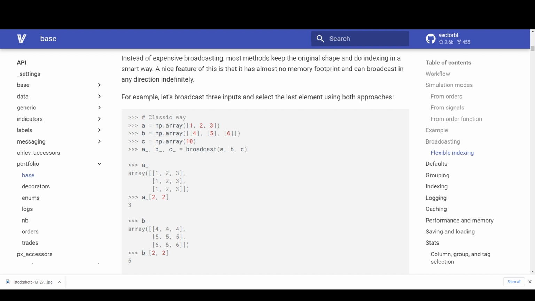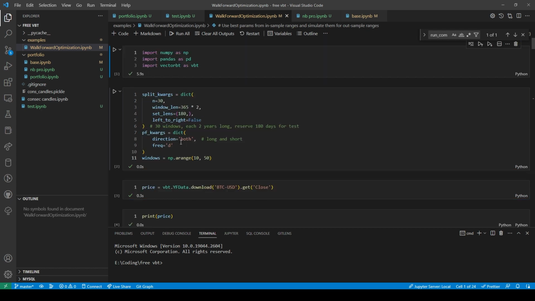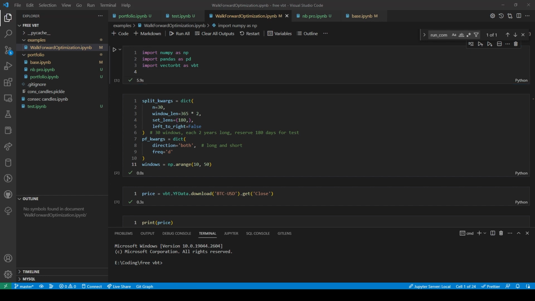I might as well just try it now. Let's see. But I have to go up here and import broadcasting.